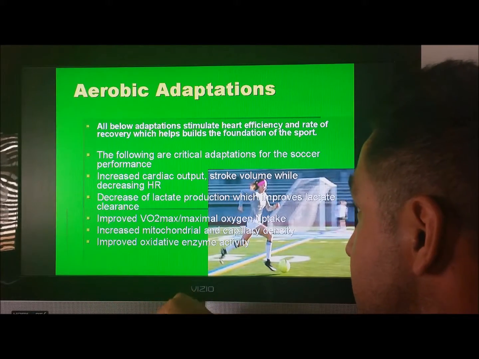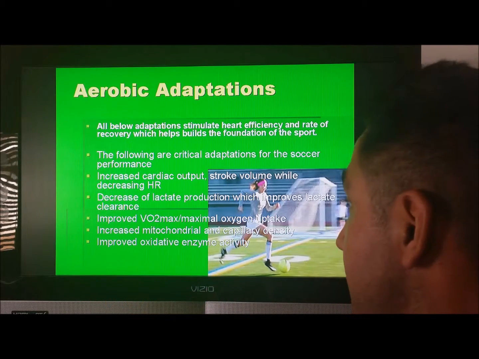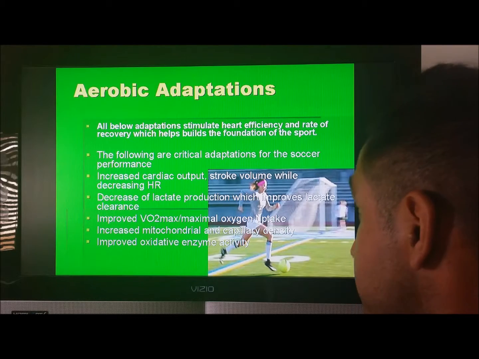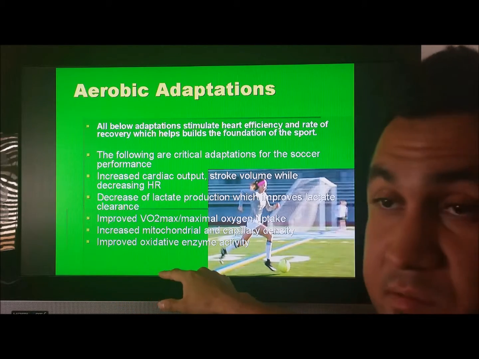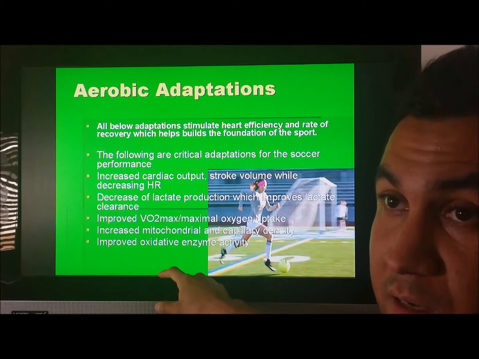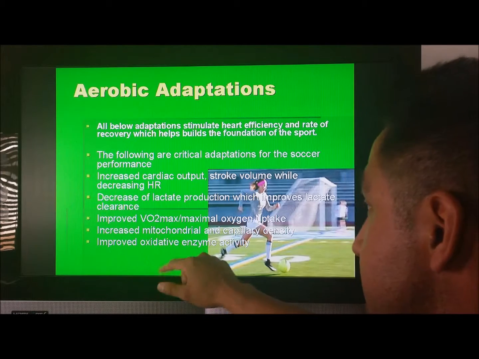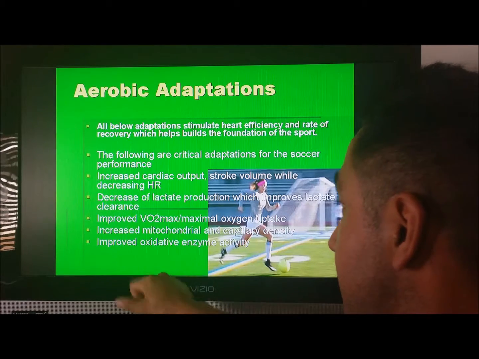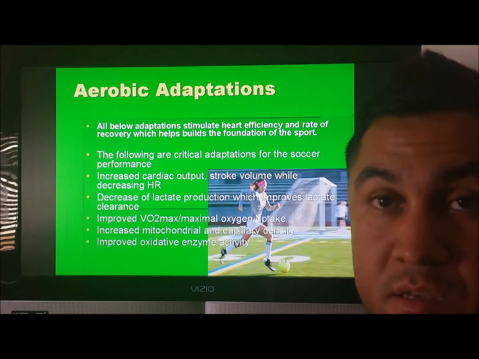So improved VO2, maximal oxygen uptake. So you're improving their respiratory capacity. And then something that's completely different from anaerobic training is increased mitochondrial and capillary density, improved oxidative enzymes. So the whole oxygenation of the body just improves